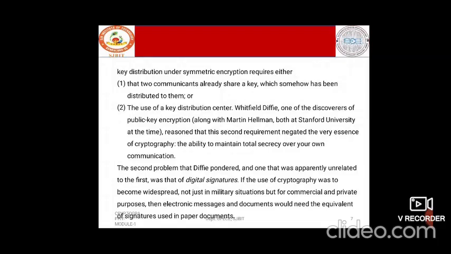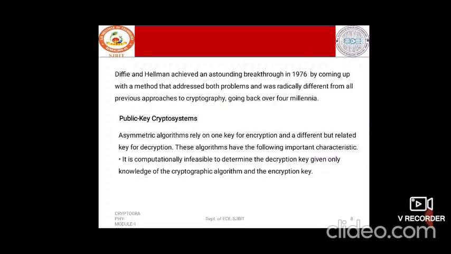Here, Diffie and Hellman achieved an astounding breakthrough in 1976 by coming up with a method that addressed both problems and was radically different from all previous approaches to cryptography, going back over four millennia. So, in these public key cryptosystems,